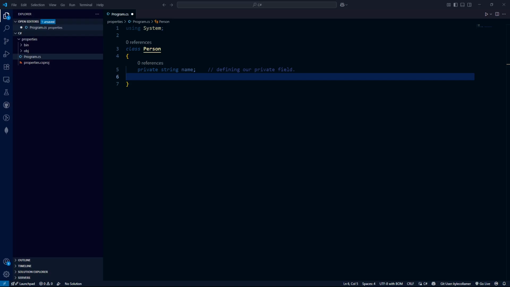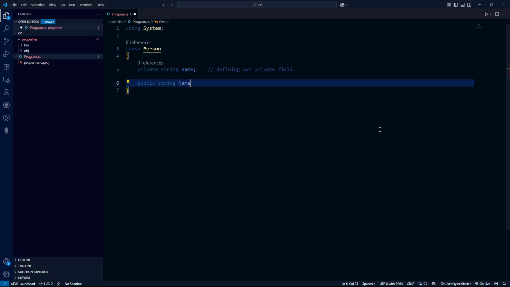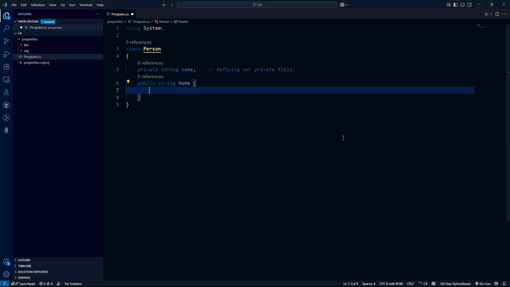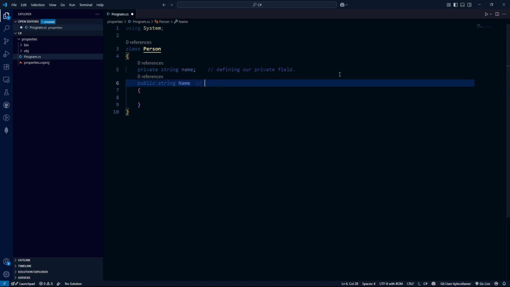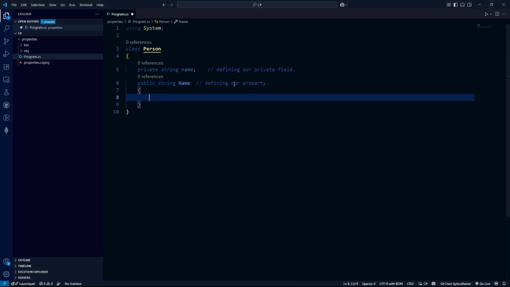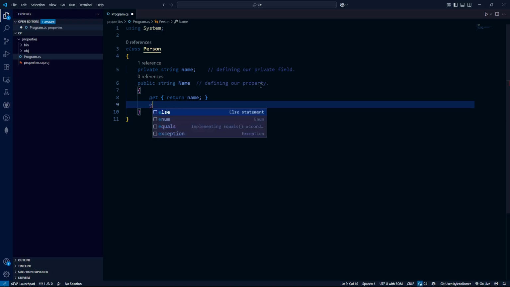Our next thing we need to do in this class is actually define the property. So we're going to do that by public string Name. Note Name is capital here. So Name is our property. But we need to actually have stuff inside the property. That is going to be our get and set. So get, curly braces, return name. And then in addition, set